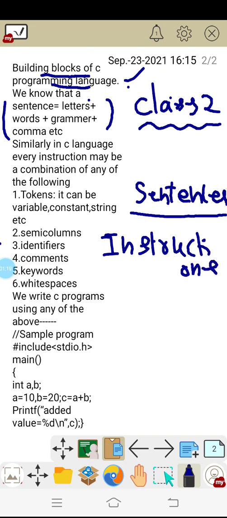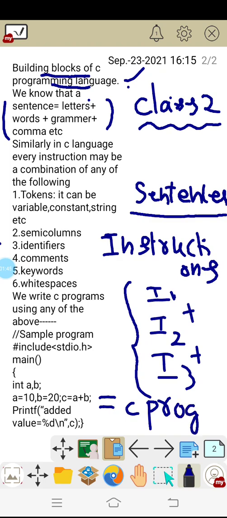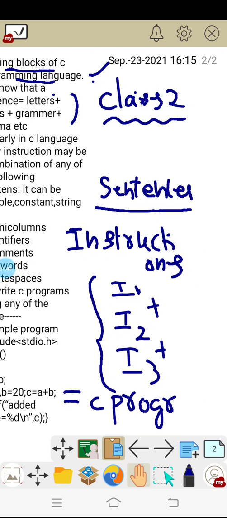So we have to write a number of instructions: instruction 1, instruction 2, instruction 3, like that. Whenever you combine all those instructions together, they will make a program. I1 plus I2 plus I3 will become a C program, right? So now we are going to learn how to write a C program and how to write the instructions by using